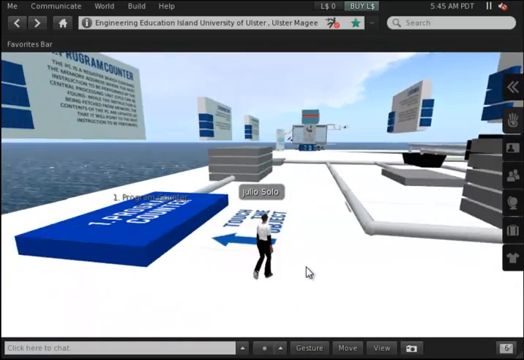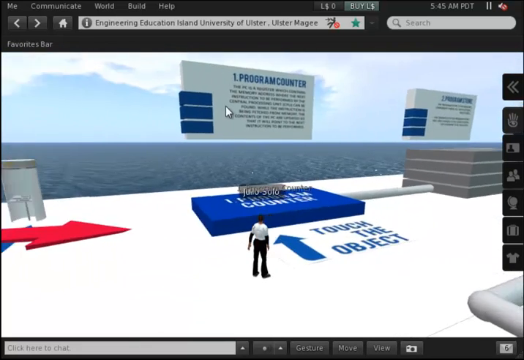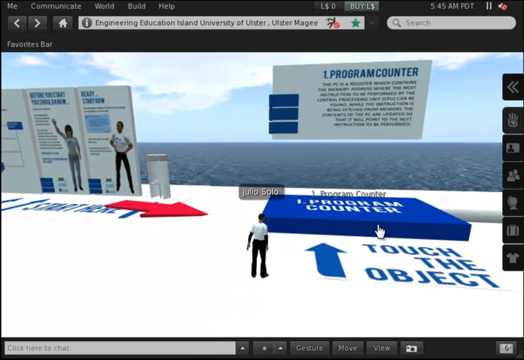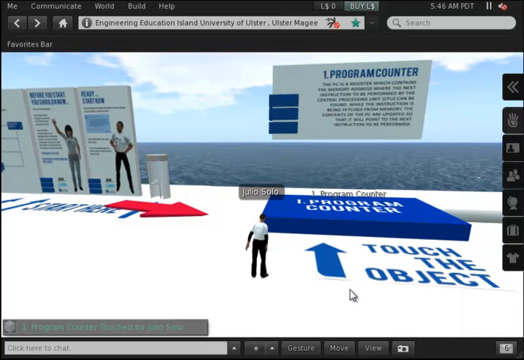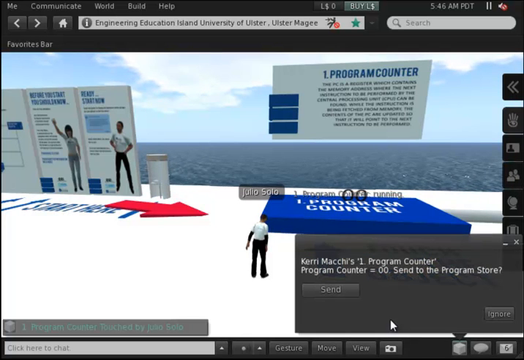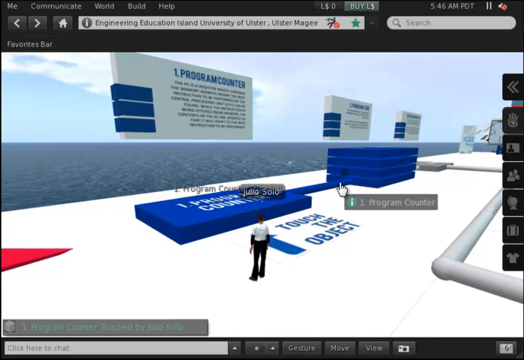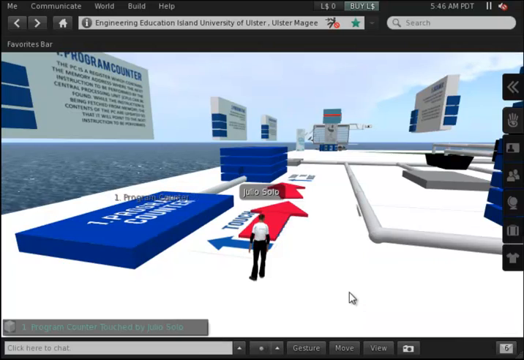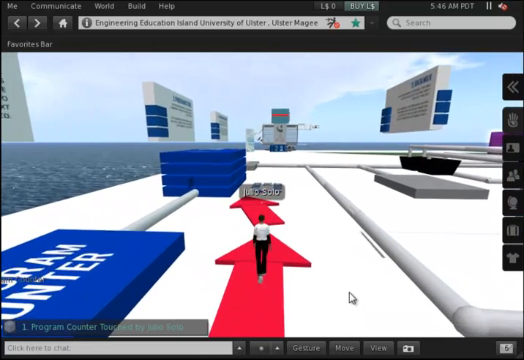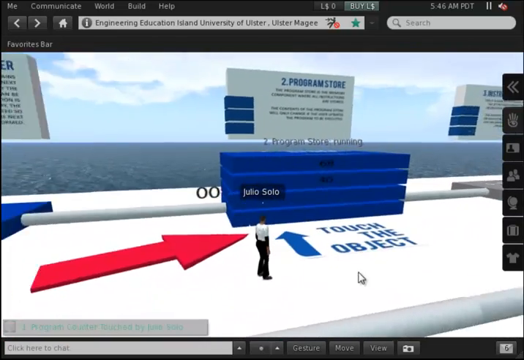As you see, each unit has its own information panel explaining its role within the CPU. Okay, so I touch the program counter and I can initialize it now. Right, the data is sent to the next unit. Here we go, and I have to go now to the program store and again touch it to continue the process. So I touch the object,